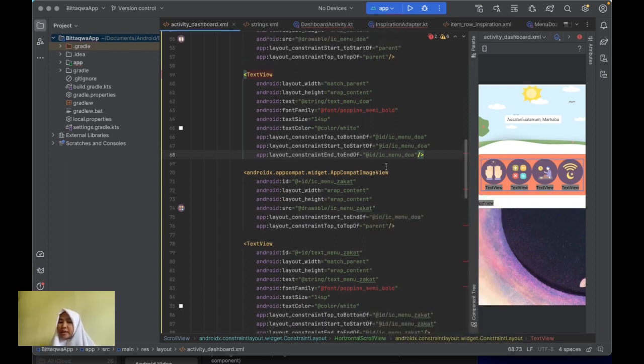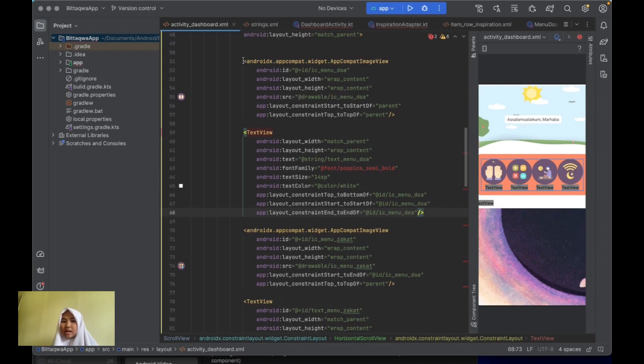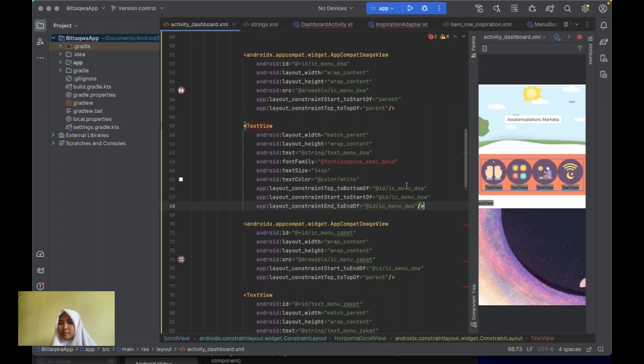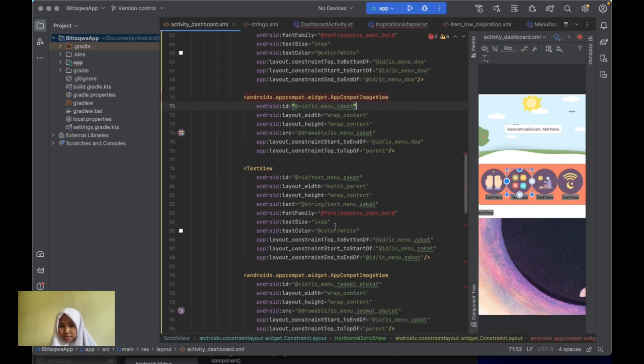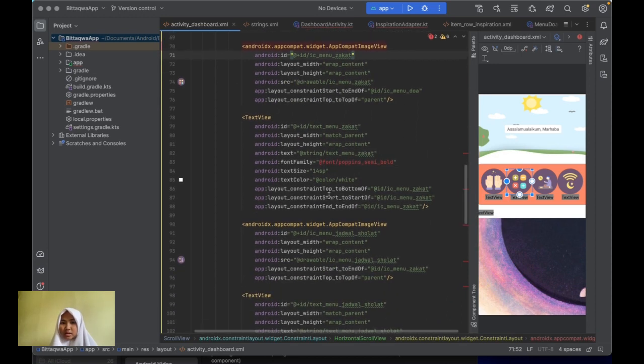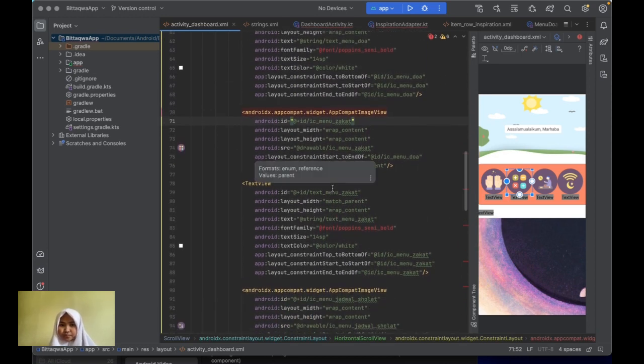We just duplicate this code because for these four icons it's just the same code, but we just change the ID, and then the constraint, and then the src too, yeah, and then the text field too, like that,